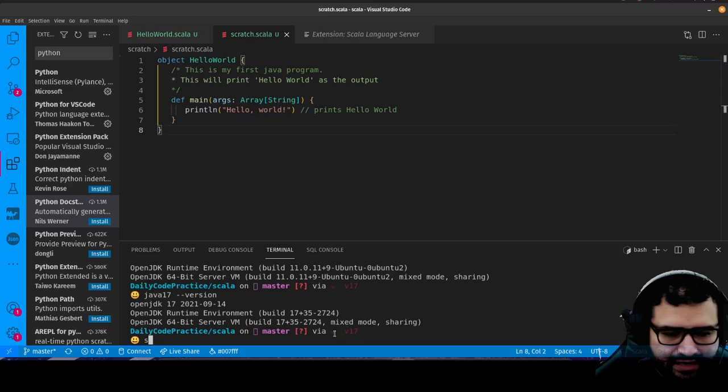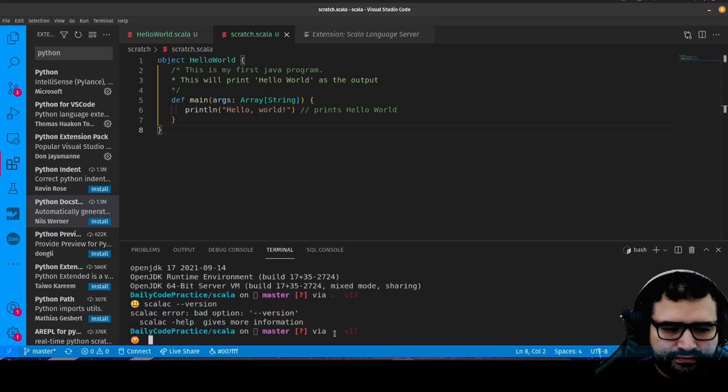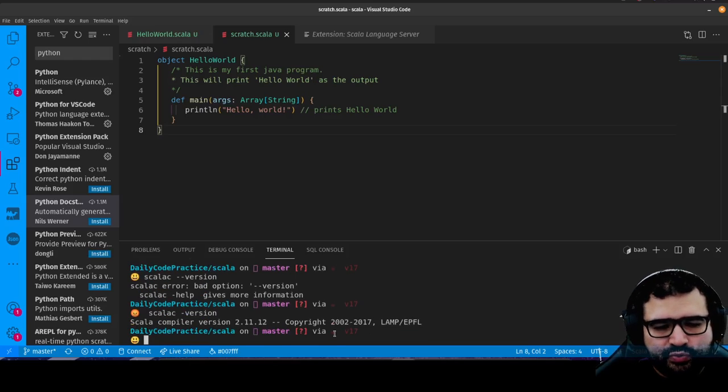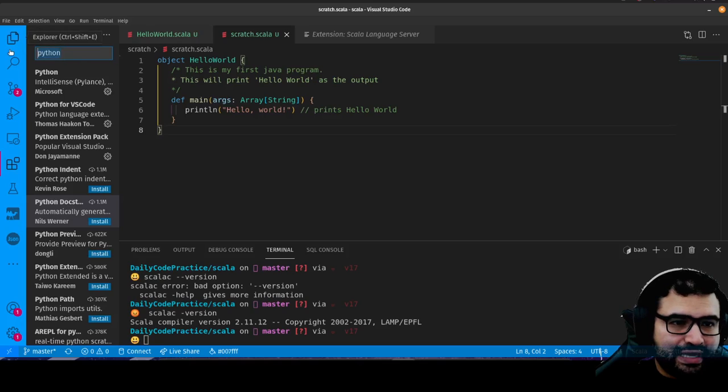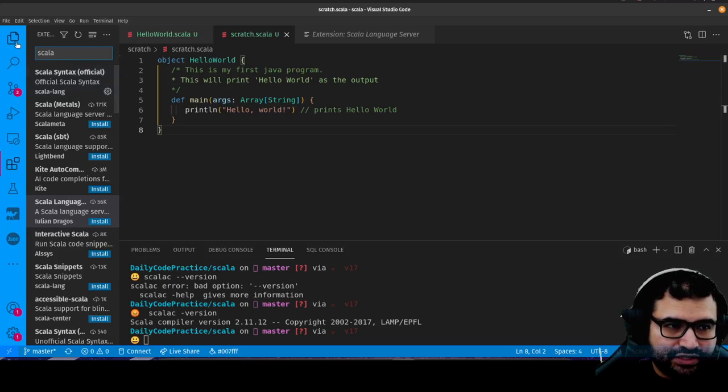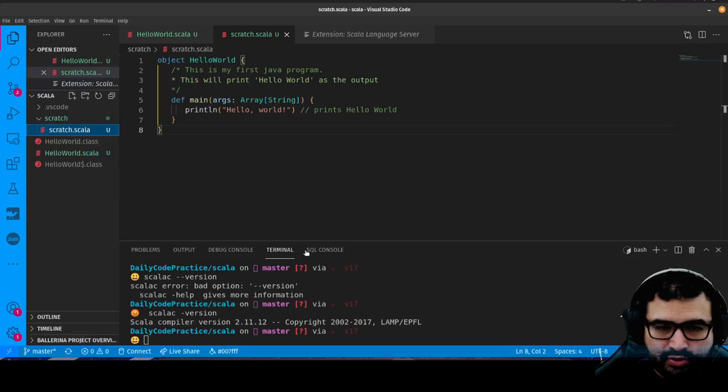Then I installed Scala. So scalac -version. Oh, that's right, it uses one dash for the flags. Dash version, 2.11.12. So that's what I got. So that's the first thing you want to do. You could also use a REPL if you just wanted to follow along with these videos. I have done a video with the Scala REPL before, but now I actually have it installed. And then I downloaded the Scala extension for VS Code, the Scala syntax extension, and that should get you to pretty much where I'm at.